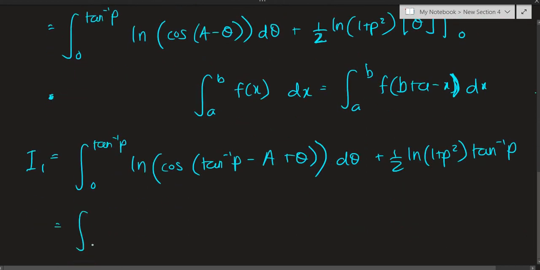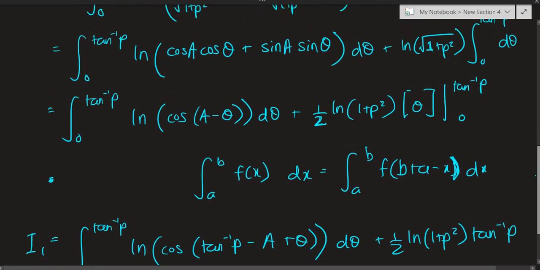So now we have integral from 0 to inverse tangent of p. Now can we convert our A, or even if say our inverse tangent of p, not A, if you want, into a better convenient form? For that we need to refer to our triangle that we drew.